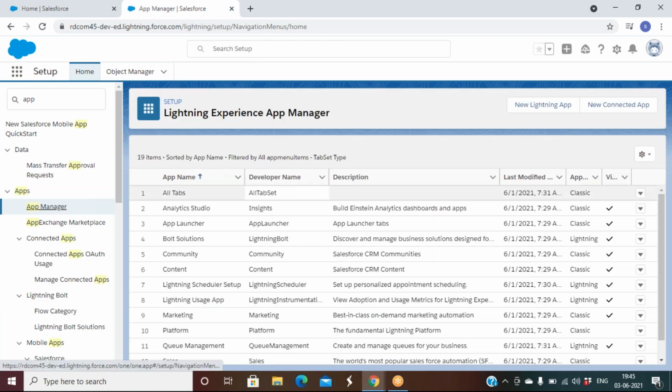And a developer name means it will be used in the API. So we don't bother about it here. It means when your developer writes some program, he wants to call this app from outside, maybe in another application. So he can refer to it through APIs.